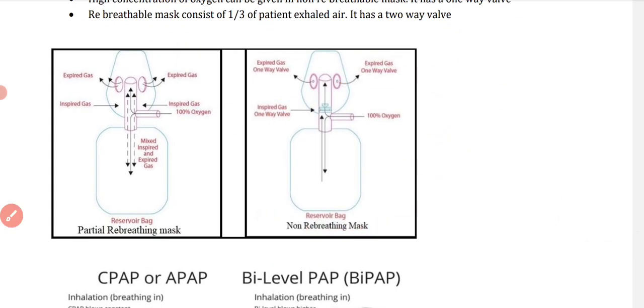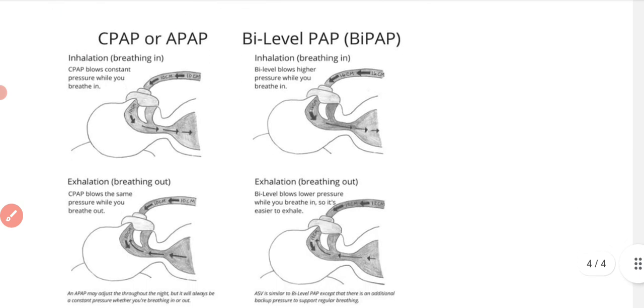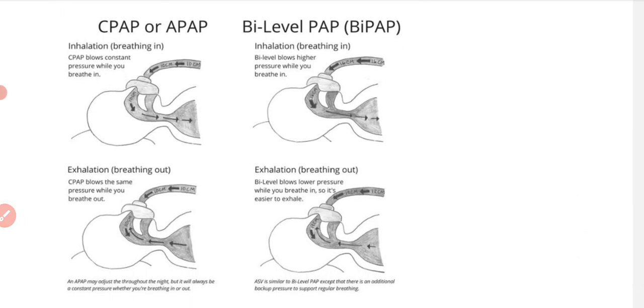Okay, and the next one is CPAP and BiPAP. Very important one. Mostly CPAP and BiPAP are used for what? Respiratory distress syndrome, pneumonia, meconium aspiration, pulmonary edema, congestive heart failure, drowning patients. They have to go for CPAP and BiPAP. Even sleep apnea patients will be given CPAP and BiPAP. There is a basic difference between these two: CPAP means continuous positive airway pressure and BiPAP means bi-level positive airway pressure.